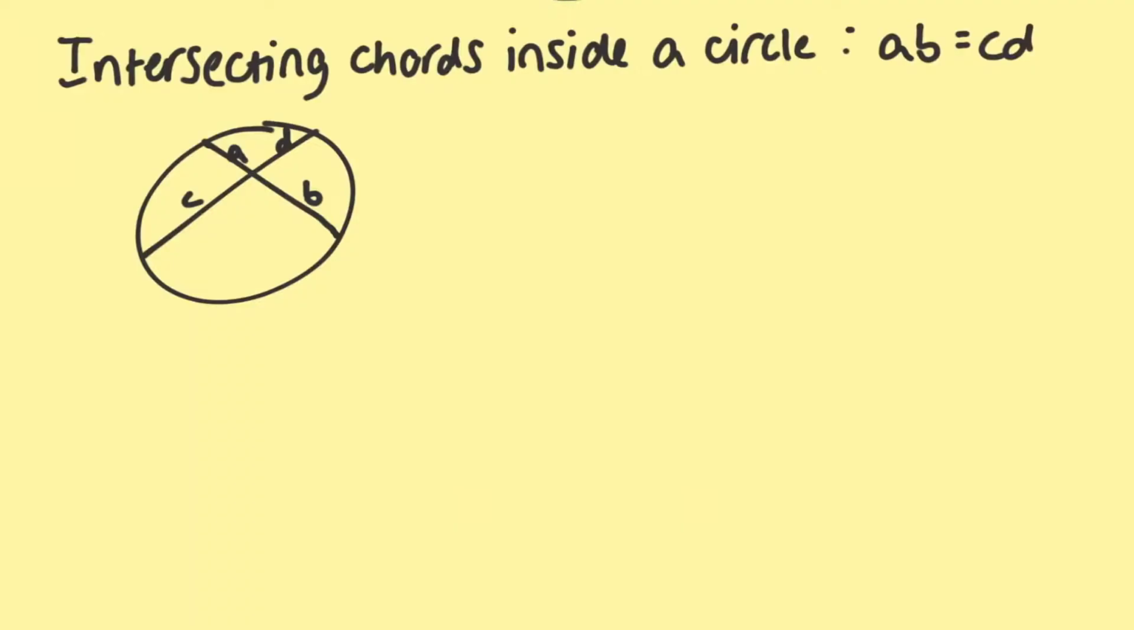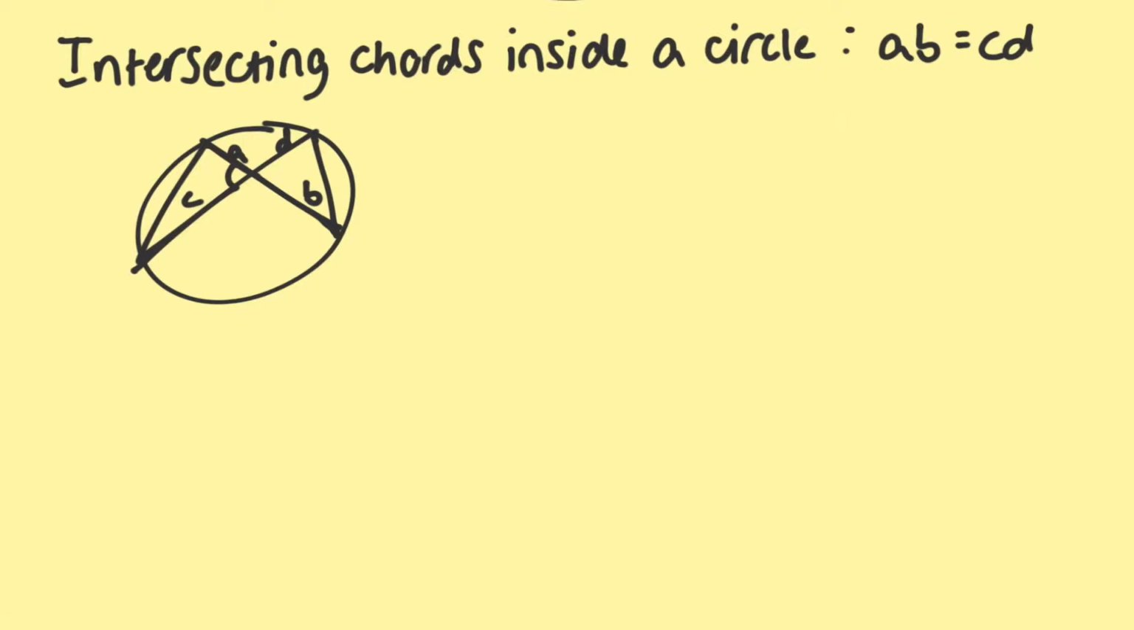We're going to look at how segments relate when we have two chords that intersect inside a circle and also outside of a circle. If you have chords that intersect inside a circle, you can do A times B equals C times D. And the reason for that is because if you make this into two triangles, these two